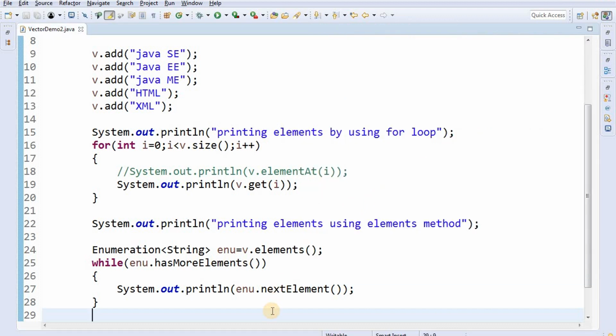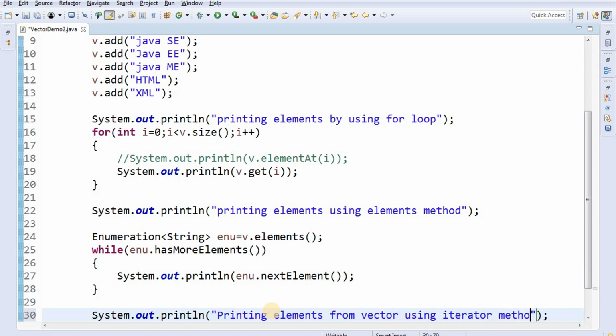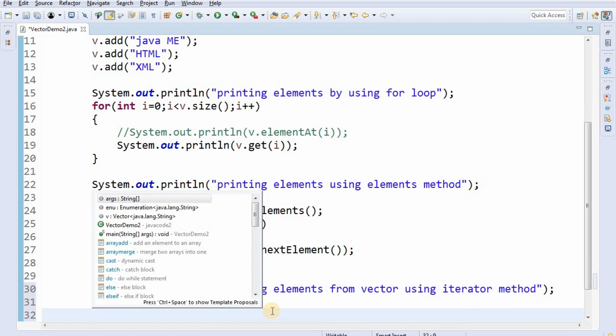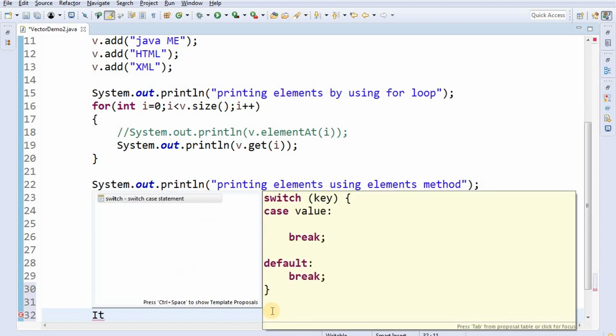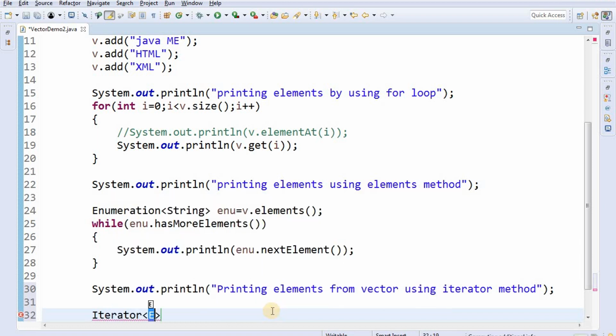Now come to the third technique. Sysout elements from vector using iterator method. Now use Iterator, and type is String.